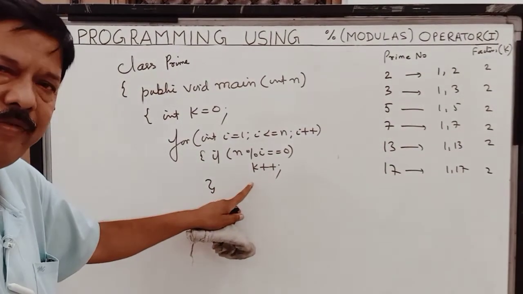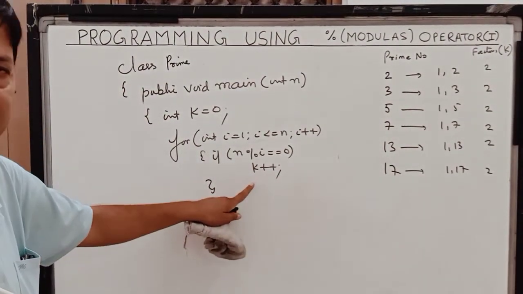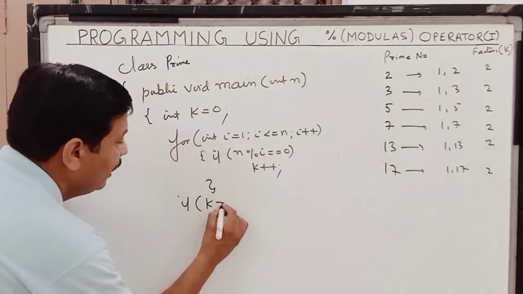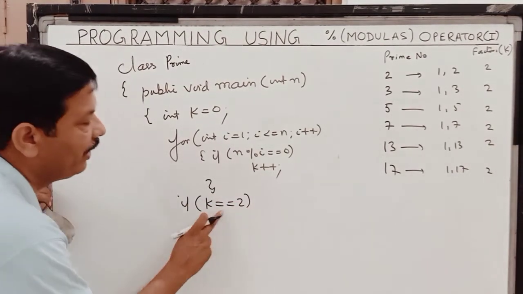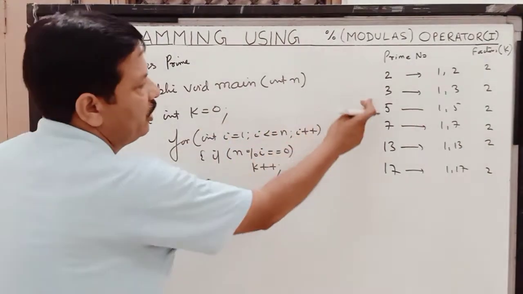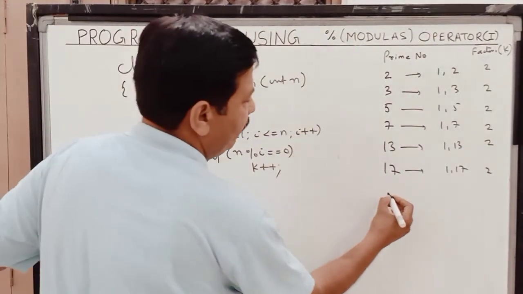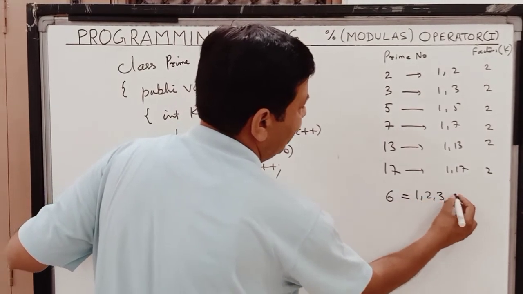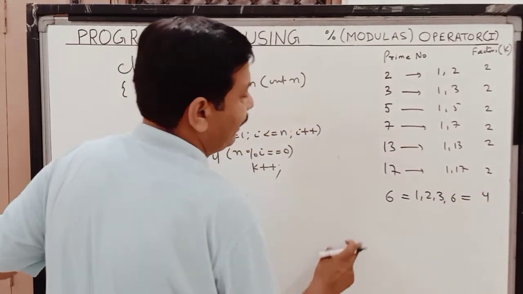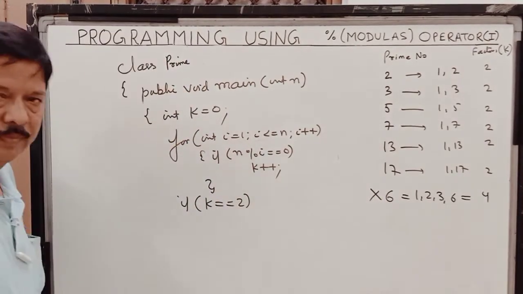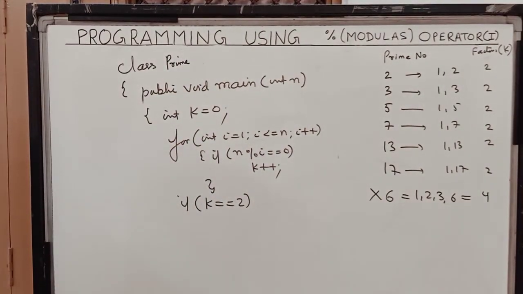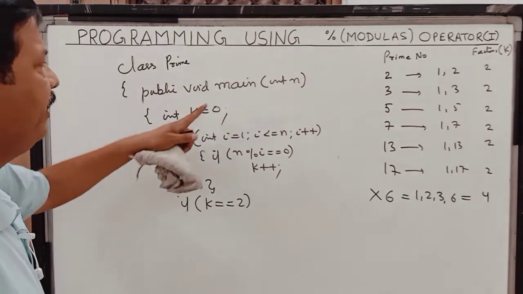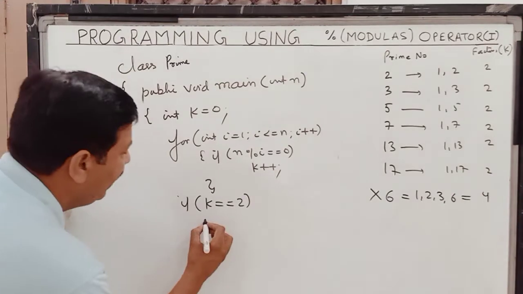We have counted the factors. In this program we already have counted the factors. Now if I say if k is equal to 2, if my factors are 2, I can say that my number is prime. And say children, if my number is other than prime, say for example 1, 2, 3 and 6, this number has 4 factors. So this number is not prime, since it is having 4 factors. So if a number is having only 2 factors, that means that this number is prime. So we print